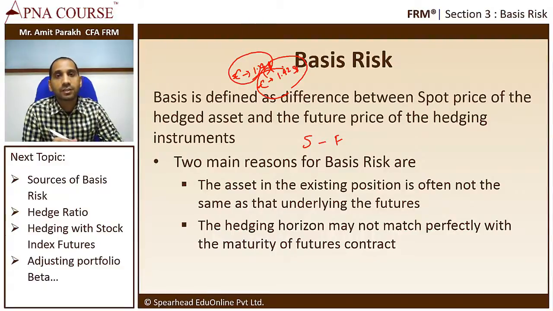So your underlying transaction is happening on 25th, your futures ideally should get settled on 25th, but has its settlement date on 30th. So you unwind it 5 days before settlement, thereby exposing yourself to basis